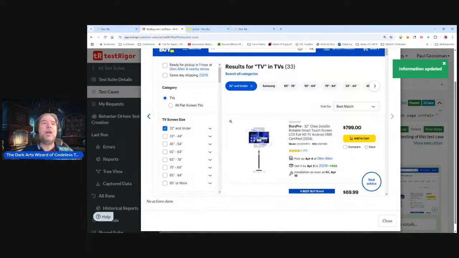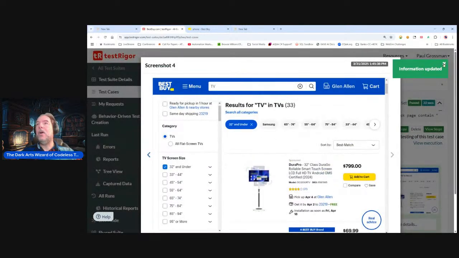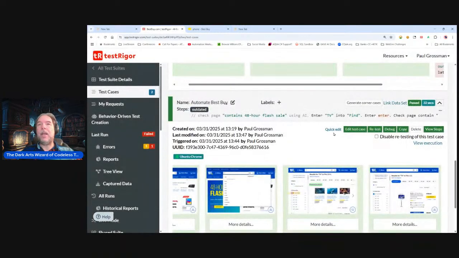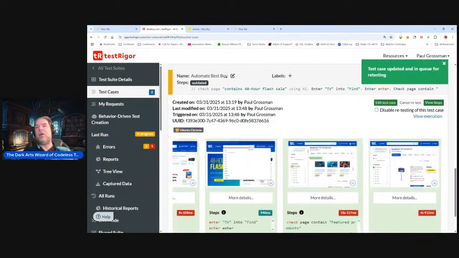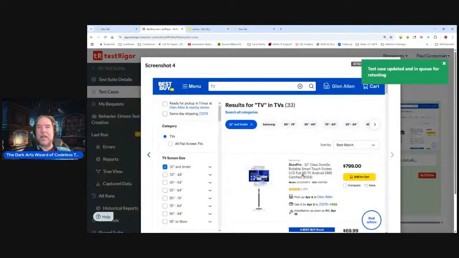Rollable smart touch screen. I will go back over here and say quick edit. Rollable smart touch screen. Oh, I hit the caps lock. Touch screen, and I'm going to update and retest. Remember that isn't the whole thing. It is actually a Dura Pro 32-inch class Durago rollable, but I'm only doing the match on the substring, and I also made the word touch